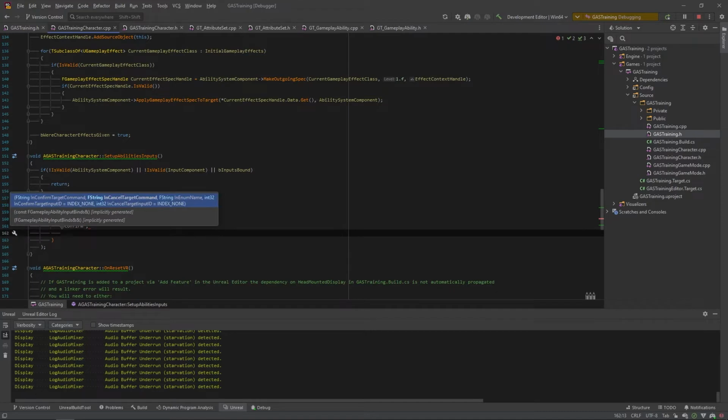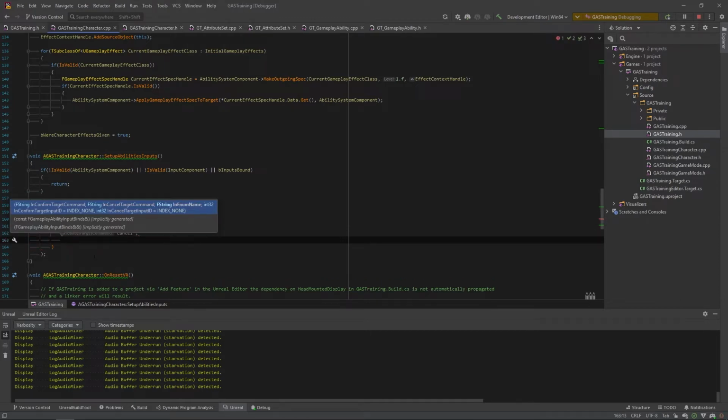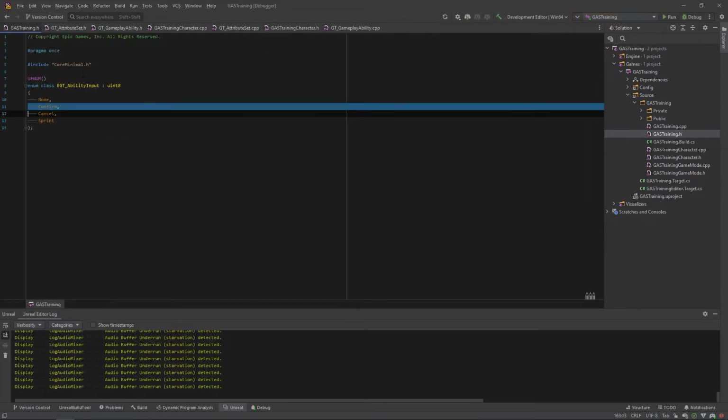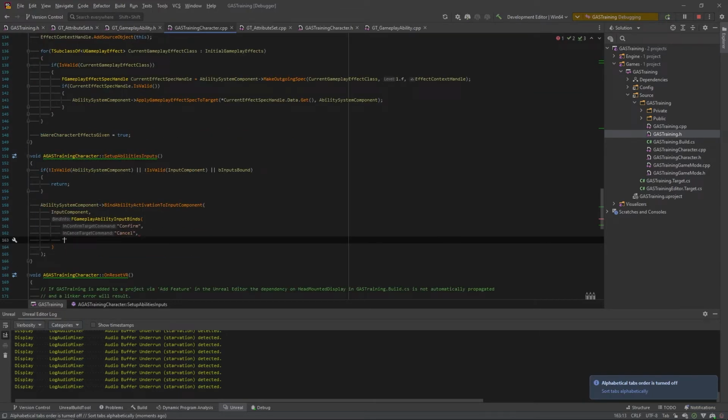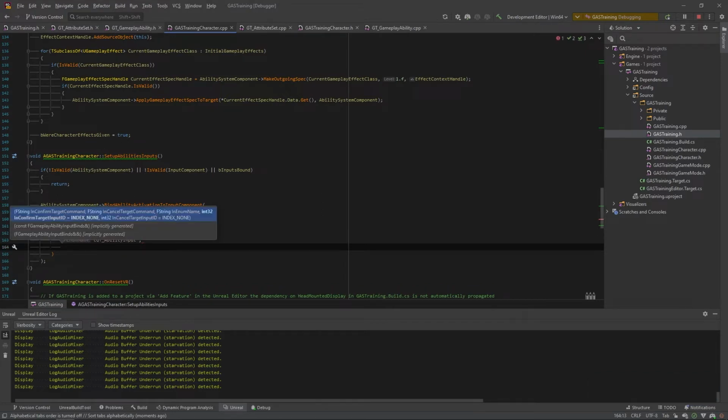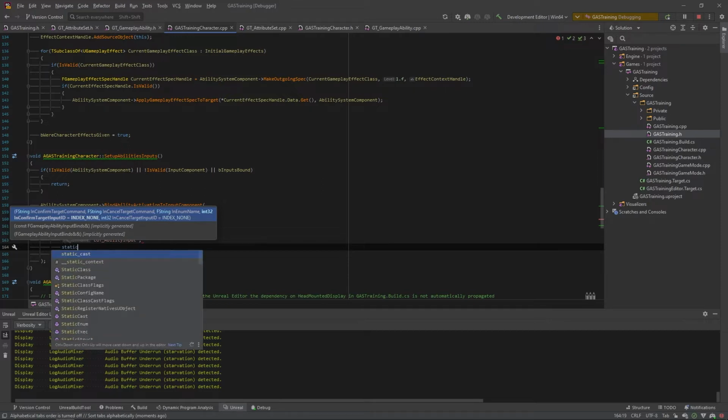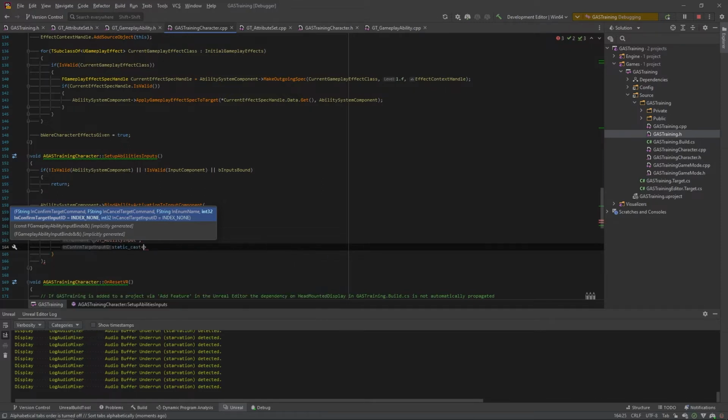Now we'll need our cancel. Like we did before, it's called Cancel. Now we need the name of our enum that we're using to set up our input IDs. So we can copy this, come back inside a string and set it up. And finally, we need our confirm input ID and our cancel input ID. Like you can see, once again, it is an int32 value, but we are using uint8, so we'll need to static cast it to int32,